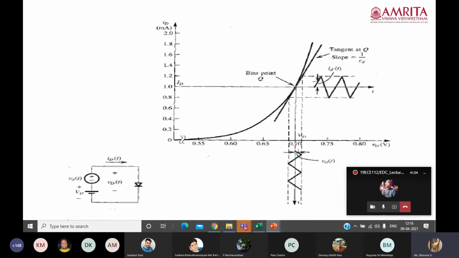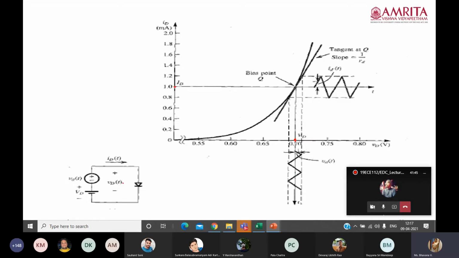With the graphical analysis, it will be more clear to you. Listen here, I'll give time to draw this later. This is the IV characteristics of the diode, VD along the x-axis and ID along the y-axis. The terminal characteristics we have plotted, that is the exponential curve. Here we will mark the Q point. You know how to mark the Q point: you take the linear segment, draw a tangent, and the middle value will be the Q point. From that Q point, you extrapolate to the x-axis, you will get capital VD, and here you will get capital ID.